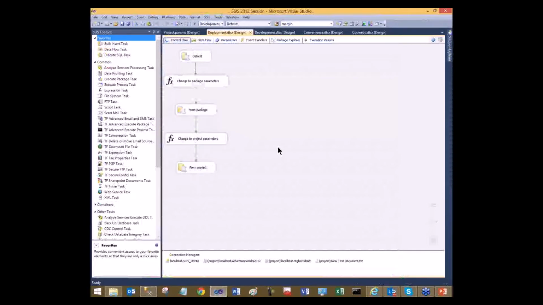Inside my package, I can see the parameter. So when I run my package, that's where I'm going to assign values to the parameters. In my run, however I'm running my package, that's how I'm going to do it. Let's go ahead and take a look at how we actually do